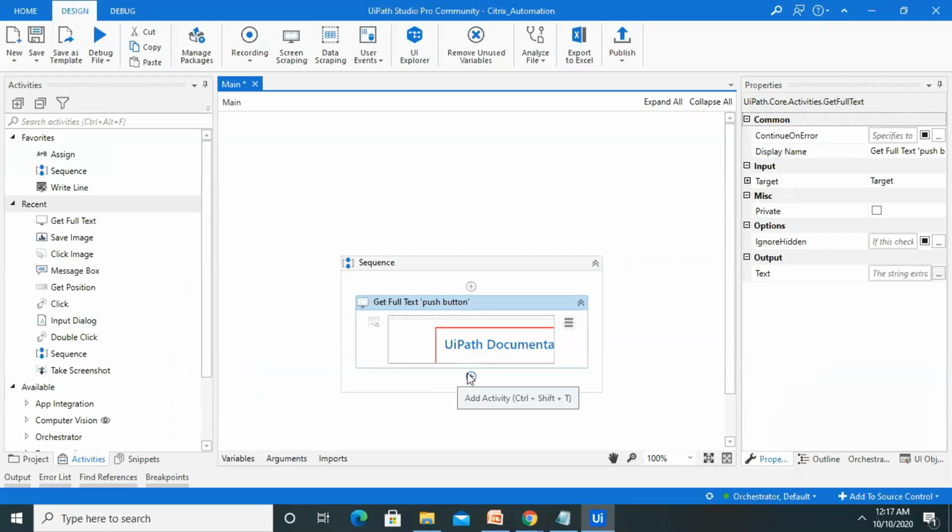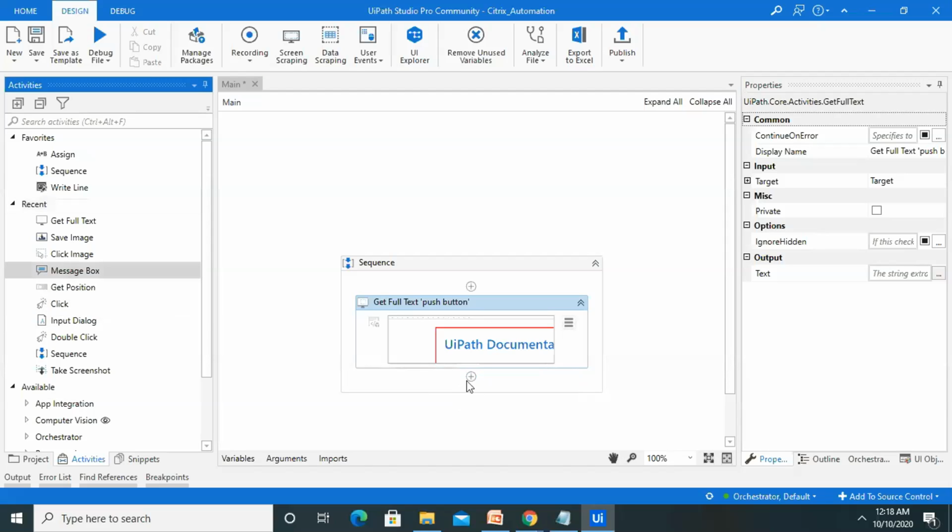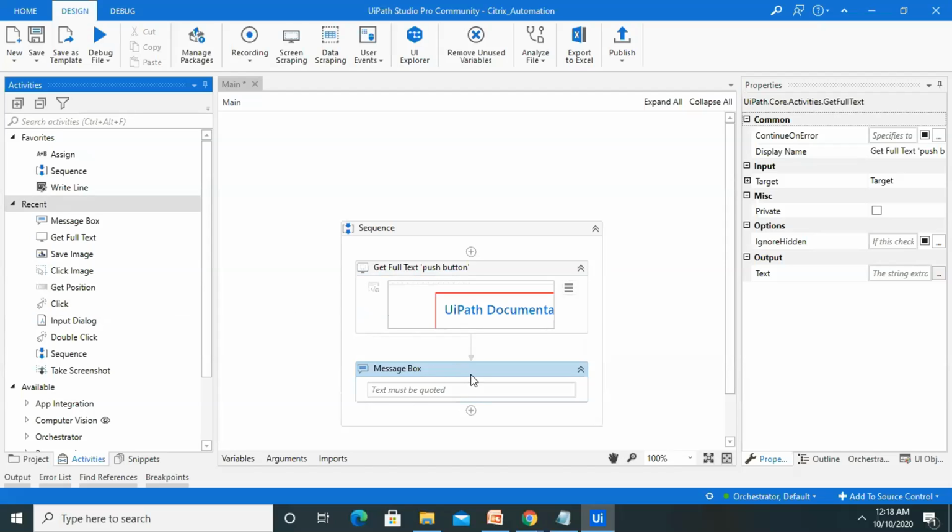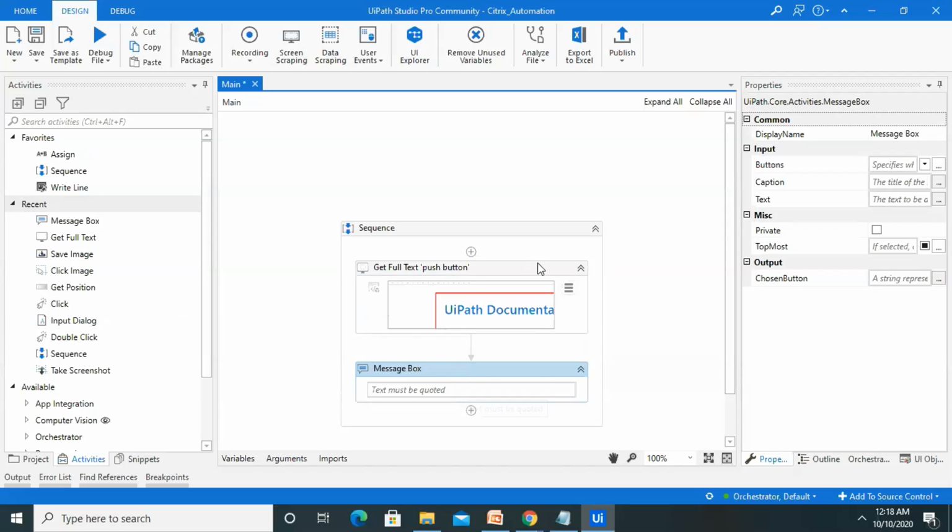So this activity will help us to extract the data from any specific website or any specific application as well, and show it even in the message box or in the Excel file. So let me show it here, like in message box, drag and drop the message box activity, where we can define one variable and display it in the message box.